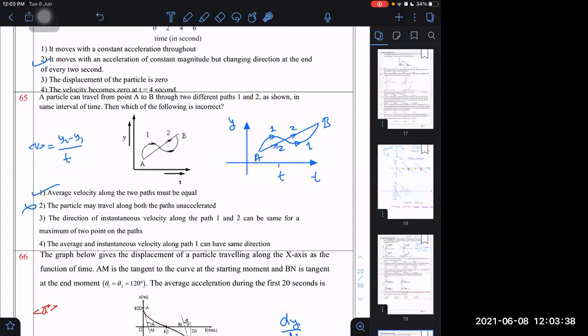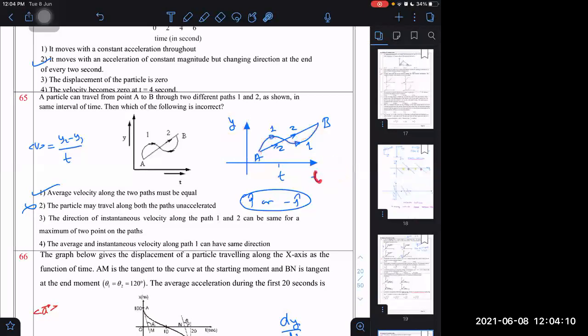If the particle is only moving along the y axis, then the possible velocities are always either in the j cap direction or minus j cap direction. There are only two possible directions of velocity. No other direction is possible. These are not the path followed by the particle. Can this graph be the path followed by the particle? Yes, if I plotted a y versus x graph, because in that case it represents the actual position along y and along x. Then this can become the real physical path followed.